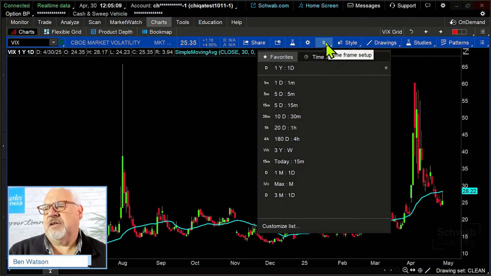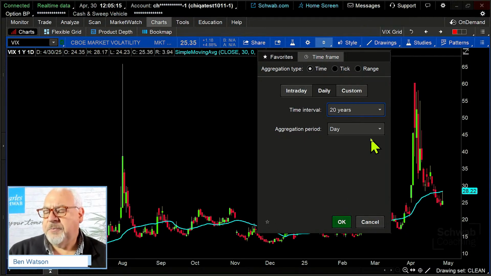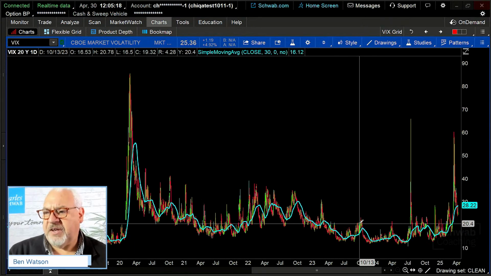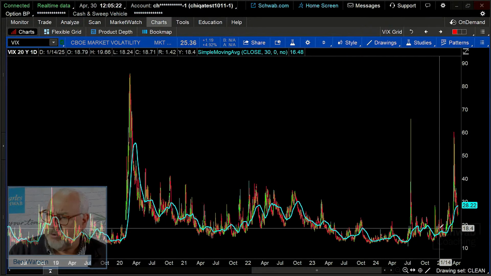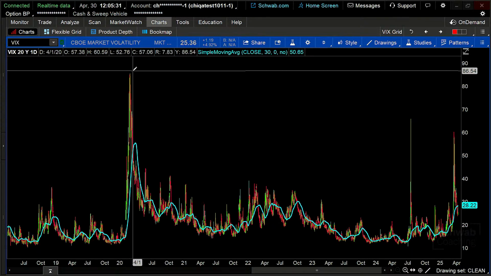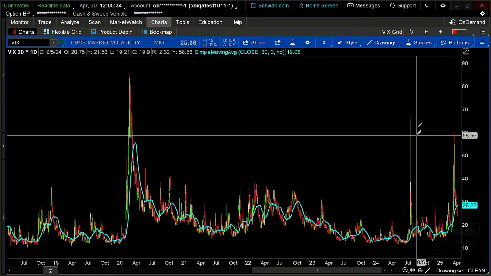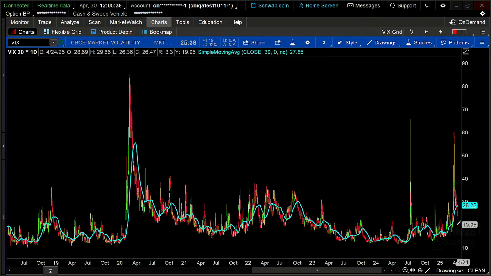Now, if you were to go back and look at this on a longer term chart on the volatility index, if we were to change our time frame here to, let's say, a 20-year time frame on the VIX, the 20-year average of the VIX is somewhere down here around the 16 level, 15 to 16 on the VIX. And then we get some extraordinary spikes in the VIX. That's the COVID spike. That's the yen carry trade. This is the tariff impact. So you get these big spikes, but overall the average tends to be relatively low.